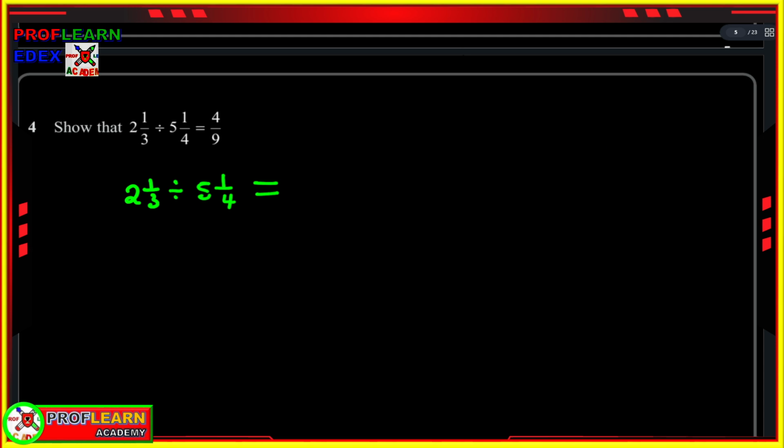To do that, we are going first to express this mixed number as an improper fraction. So it will be 3 times 2 plus 1, that will be 7/3, divide by 4 times 5 will be 20 plus 1, that will be 21/4,